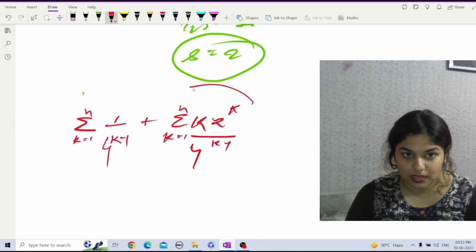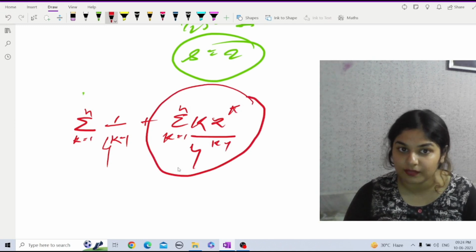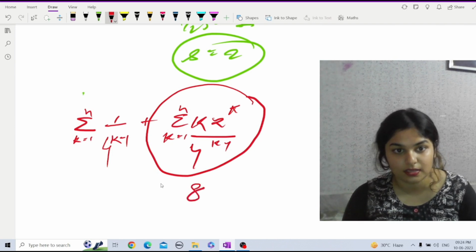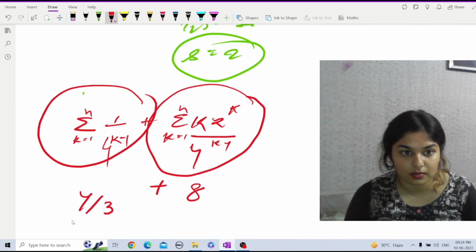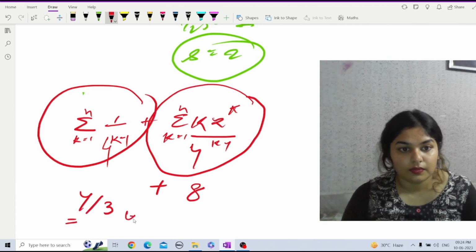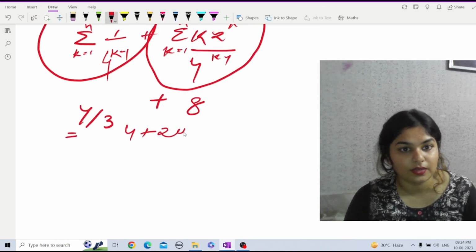So this was the thing. Now for this series, after calculating, we have got s equal to 2, so we had 4 into the summation of this, that is 8, and just now we calculated this series, which is 4 by 3. So the answer will be 4 plus 24 by